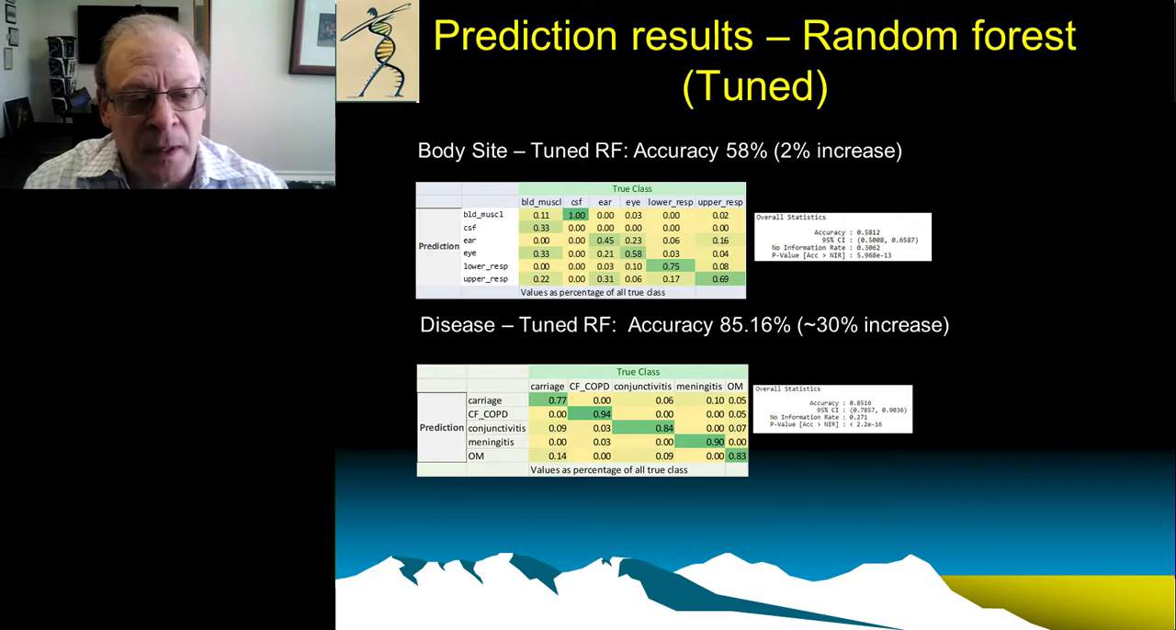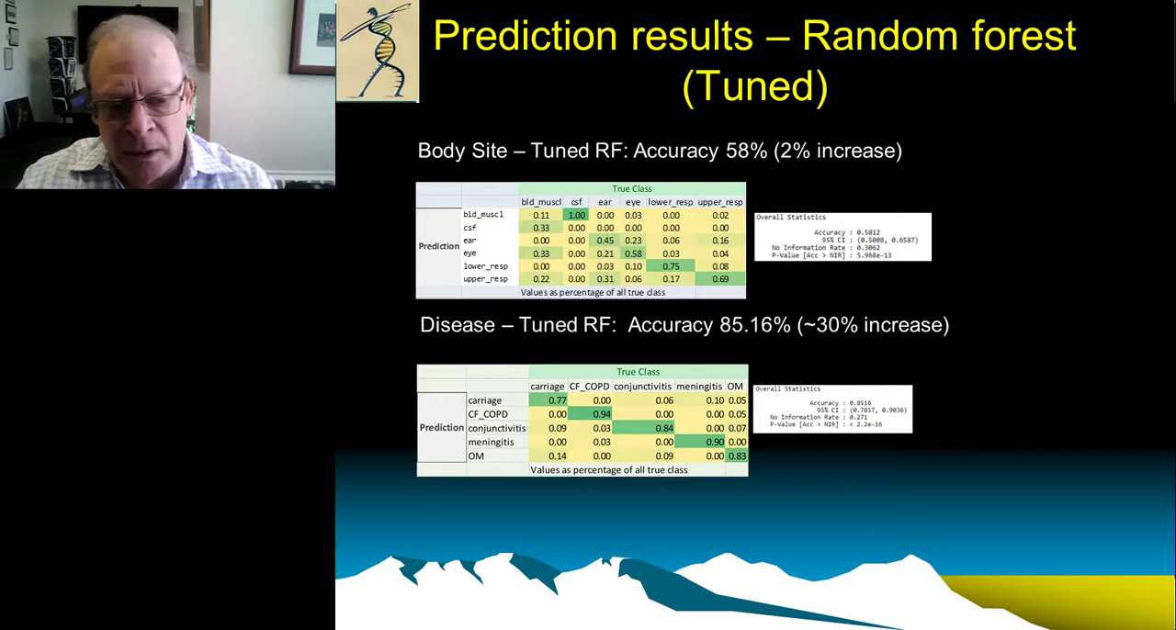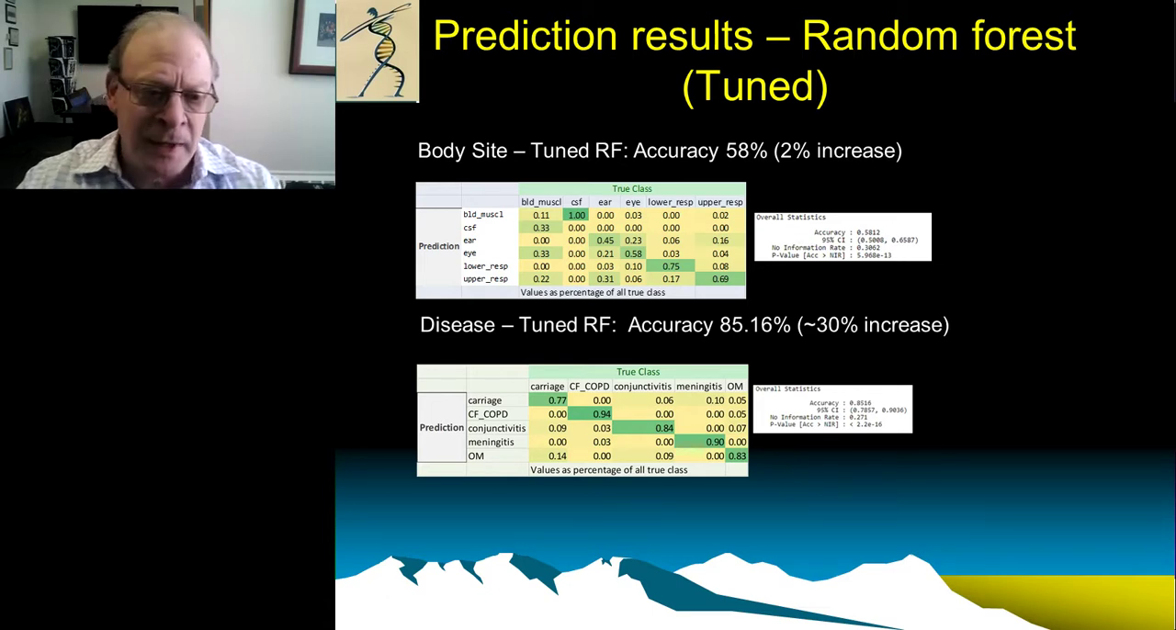Our biggest issue was being able to distinguish carriage and otitis media. And this isn't that surprising because when you get otitis media, the strains in otitis media tend to overrun the nasopharynx, which is where we sample the carriage from. So we were pretty happy about this accuracy of this